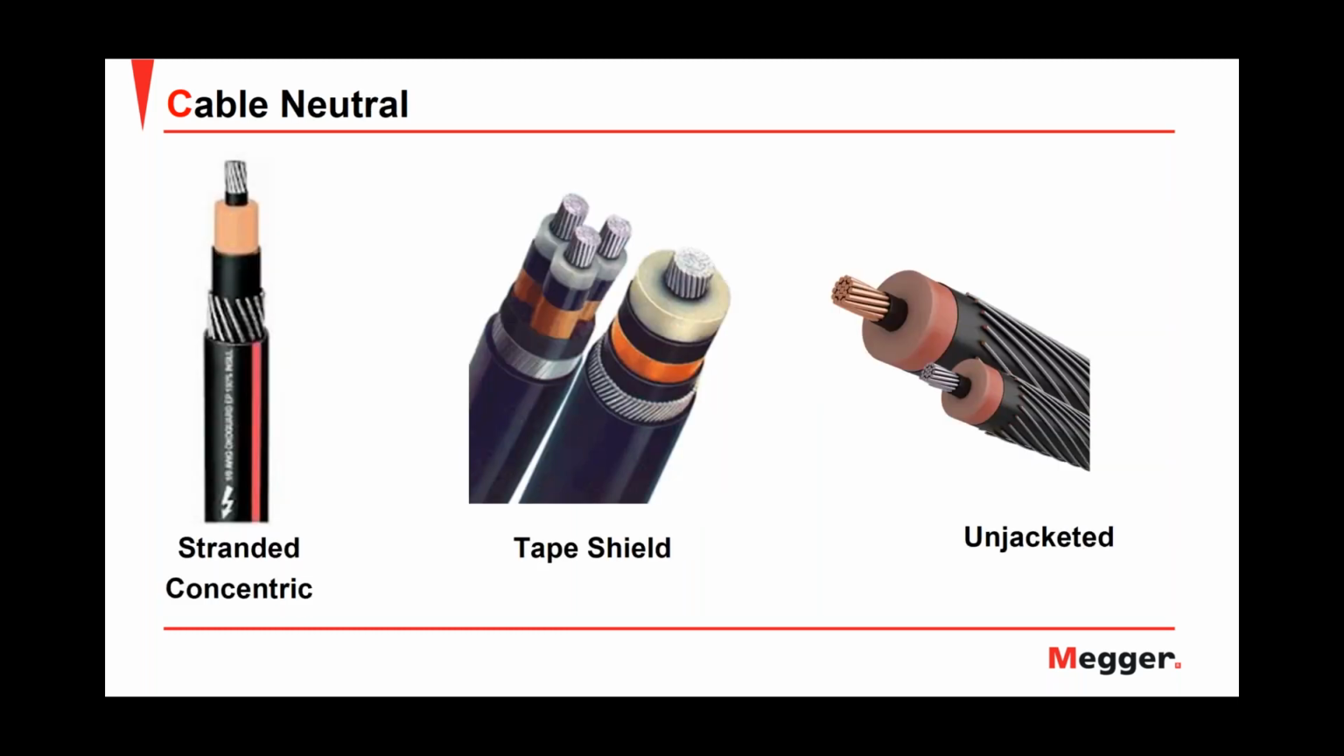Now, talking of the cable neutral or concentrics, we have the standard concentric that we see in the picture on the left. In the middle, we have a tape shield cable, and on the right, we have an unjacketed cable. These are some of the types of shields or neutrals that we can find in medium voltage cables. So, continue with